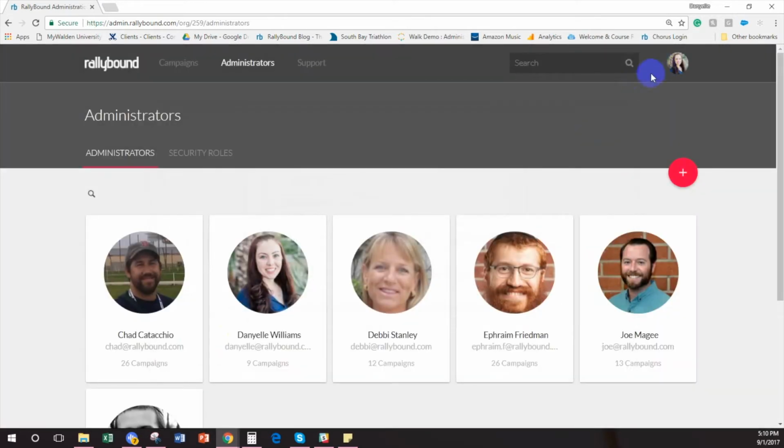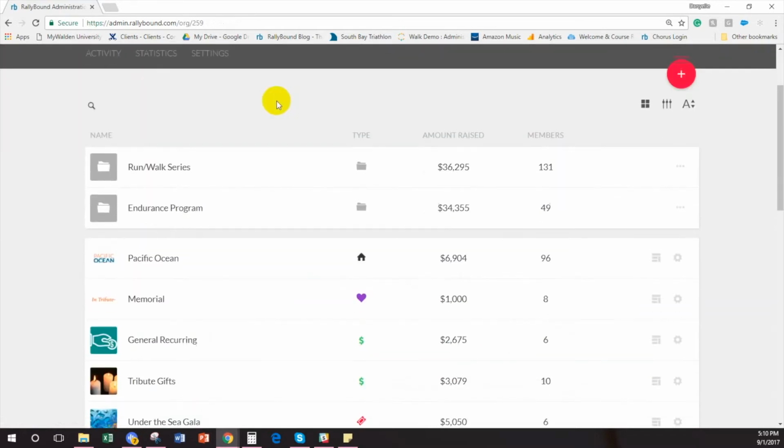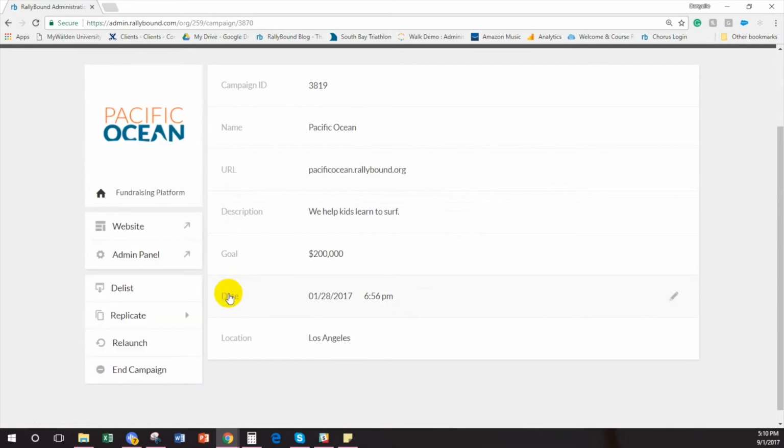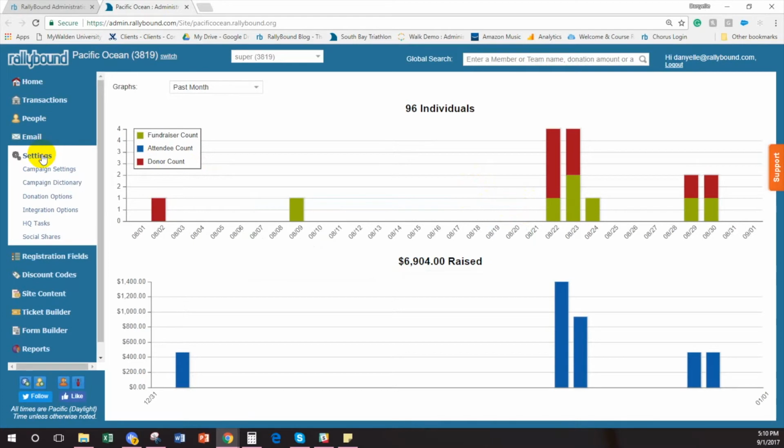You can, from the view, obviously set it up for the campaign level. It's a lot easier to manage, and as far as our recommendations, we would prefer that all email notifications got set up in that fashion. However, especially for our old school clients that have been here for a while, the way that we used to manage email notifications, and the way that we still can today, is by going to the specific campaign. I'll just go to the Pacific Ocean platform page. I'm going to go to the admin panel, and from the admin panel on the left hand side underneath settings,